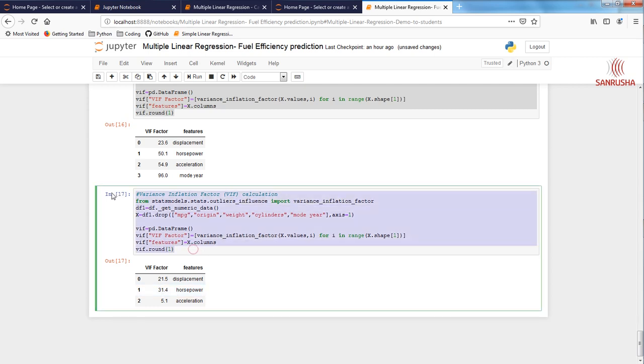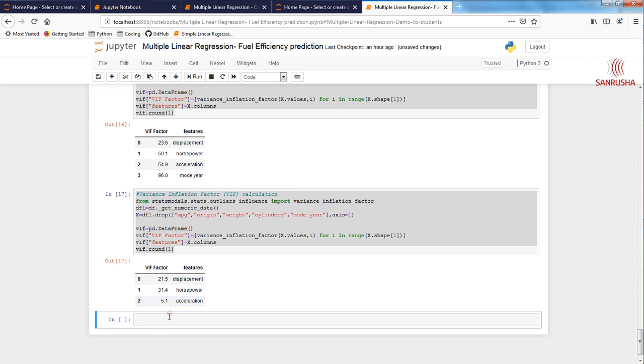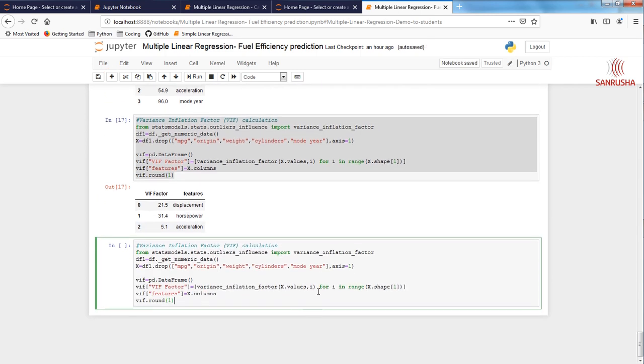Let's get rid of horsepower. We are getting closer. See, acceleration is already less than 10, so that is good to go. Okay, let's remove horsepower. So sad, we did so many things for the horsepower. Converted it, got rid of those question marks, converted it to the numeric value, but hey, now we don't need that. Funny, right? Okay, let's do that.